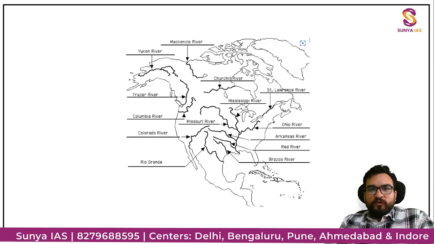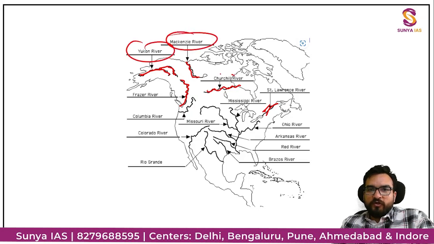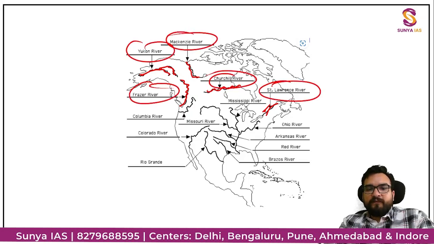One more, beautifully I have shown you this particular part, guys. As it is, you try to remember this. अपने political map में ये mark करो. Mackenzie, Fraser, Churchill, सेंट लॉरेंस. जस्ट इतना देखो. अभी नीचे का भी रहने दो, यूएसए का रहने दो. मैकेंजी, यूकॉन, चर्चिल, फ्रेजर, सेंट लॉरेंस.